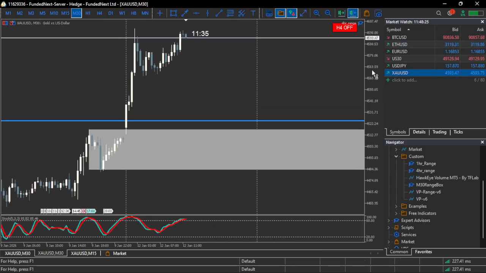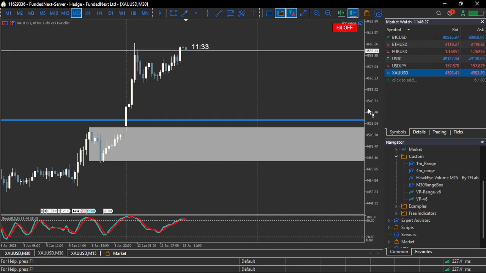XAUUSD. Now let me give you this advice before I start getting into whatever I want to see. Stay away from the London session. Trade only the New York session and the Asian session, and you are going to save yourself from a lot of stop losses, right? Test it and testify. Okay, if you want to go ahead and trade the London session and take all the losses and use that as an experience, fine, right?